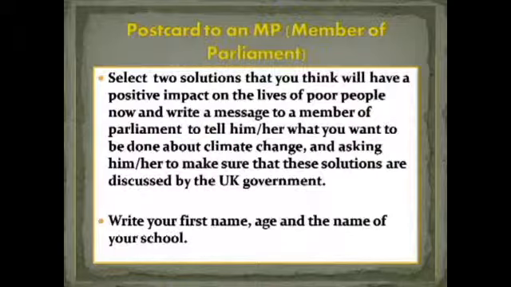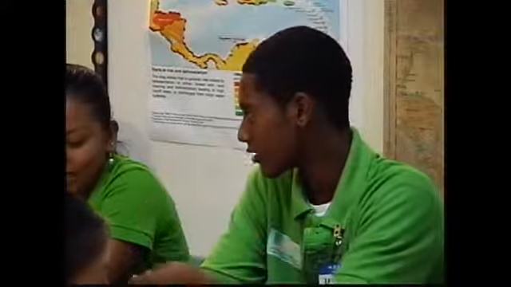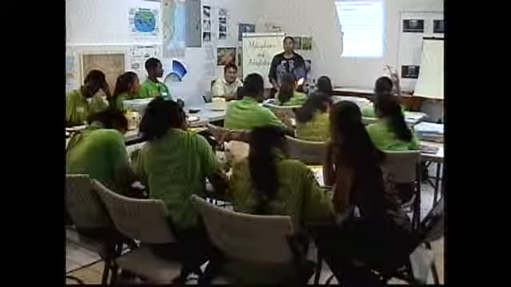And time is up. Can I have 2 volunteers share their solution? 1 solution per person that you would suggest to a member of parliament in the UK. And let's begin with you, Kyle. Anna Aikal, UK Parliament, PO Box 1997. Right. Donate finances and help rebuild houses. Okay, so you would suggest that they donate finances to Bangladesh and help rebuild houses that were probably lost in the flood. Anyone else?